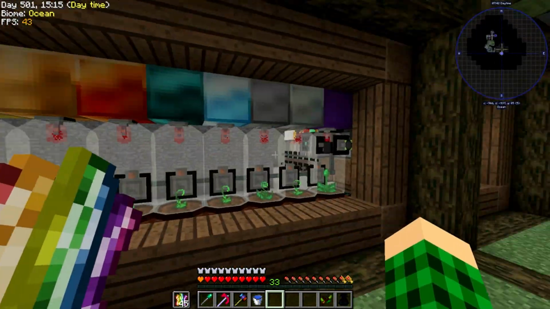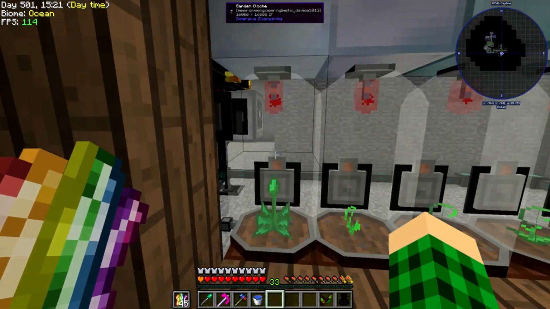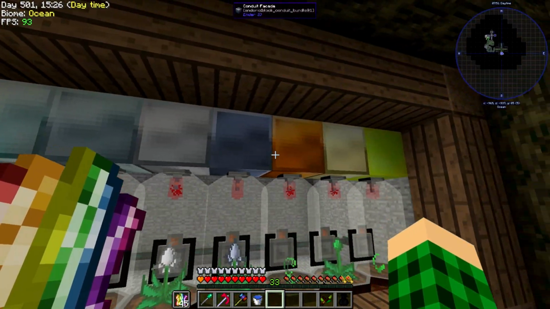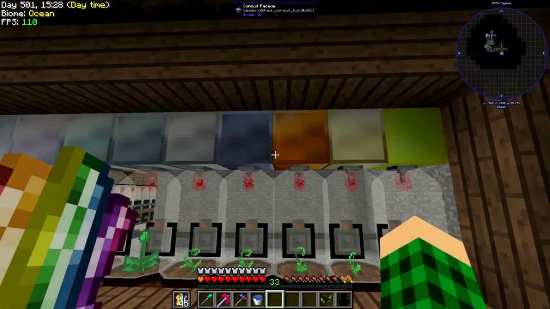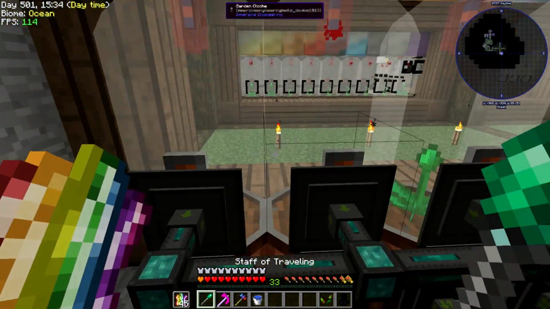Over here, I kind of wanted to organize them by color-ish. So I have, I think this is Certus quartz. And then it's iridium and all of the different normal ingots from Thermal Expansion, and also yellorium here in the end. And apparently I didn't add...